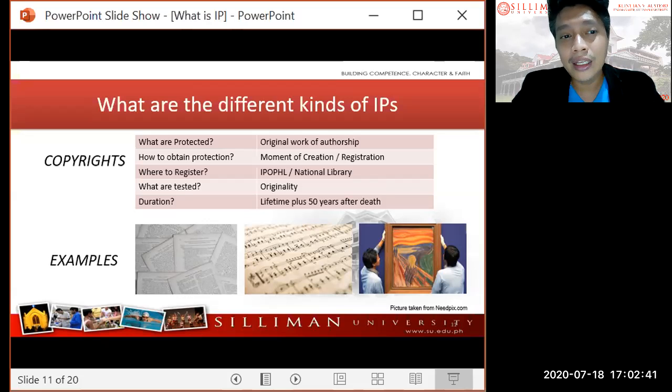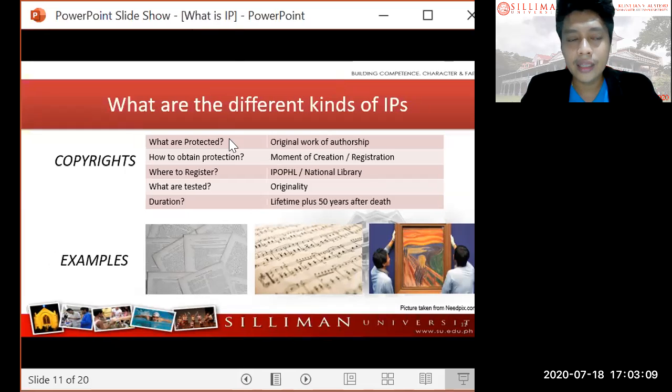So what does it mean? You have the sole authority to do whatever you want with your content. Nobody should be able to make use of, produce, or profit from your content without your permission. Now, you would ask yourself, how will you know who owns the content if you don't file? The short answer is you need to try to show that it is your content.